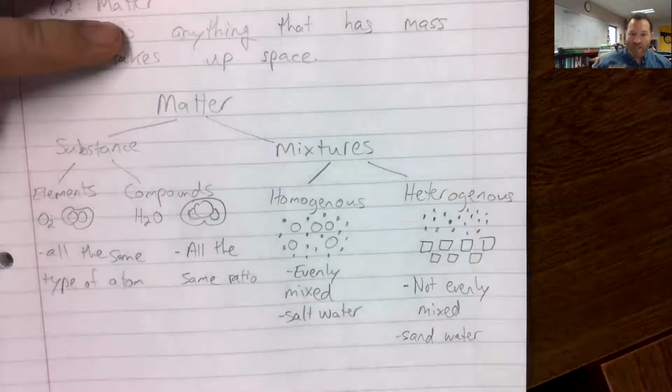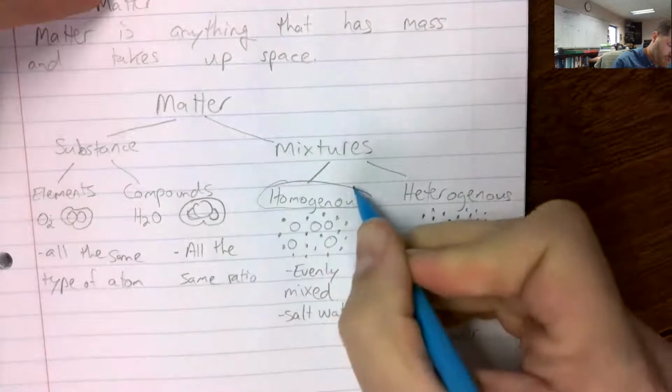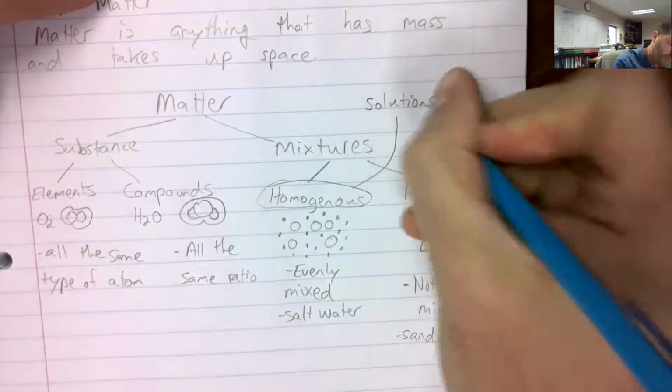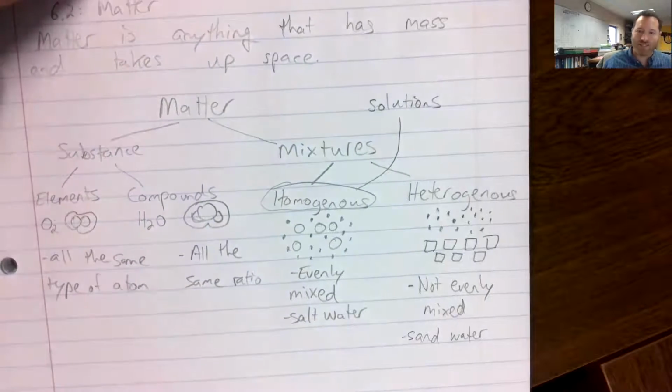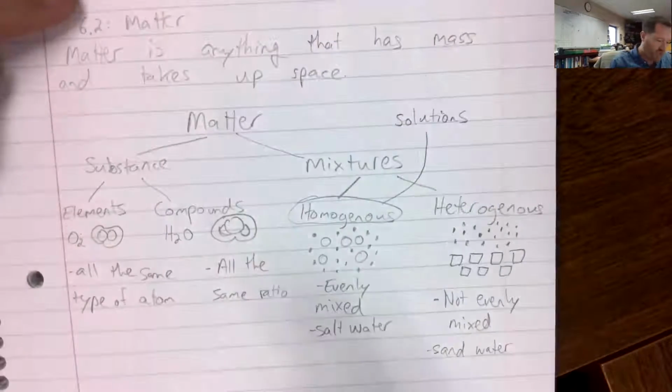All right, 2 last things to add to this real quick, just 2 kind of definitions here. Homogeneous mixtures are called solutions. We'll work with that a lot more next semester, but just a term to be aware of. Homogeneous mixtures are called solutions, and both of these